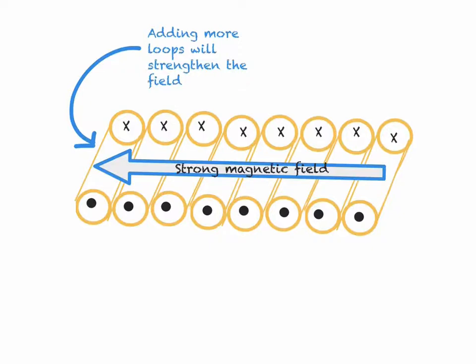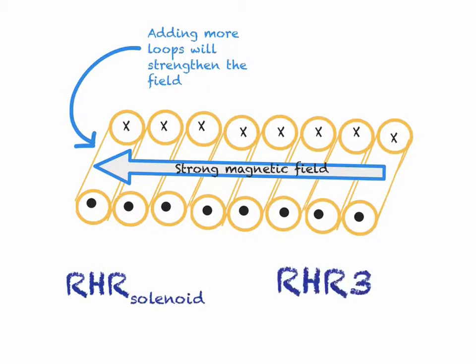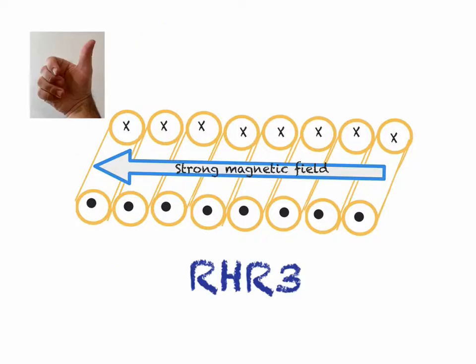Now, we have one more right-hand rule to add so far, and that one is the right-hand rule for solenoids, as it's sometimes described. The numbering is different from book to book, but we're going to go ahead and call this right-hand rule number 3. Right-hand rule number 3 looks very much the same as right-hand rule number 2 because we use our thumb and our fingers. However, now we're going to switch the meaning of the fingers and the thumb. So before, our thumb represented the current direction and our fingers represented the direction of the magnetic field coiling around a wire. Now we're going to say that